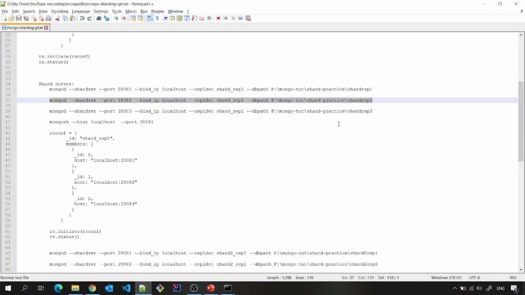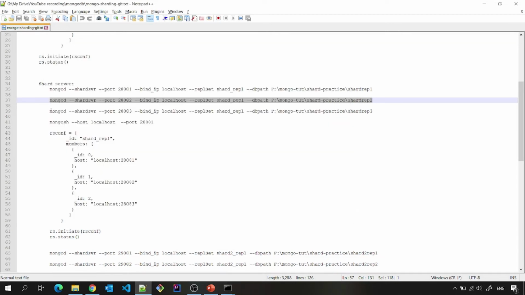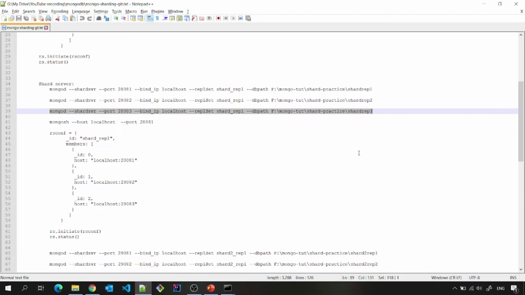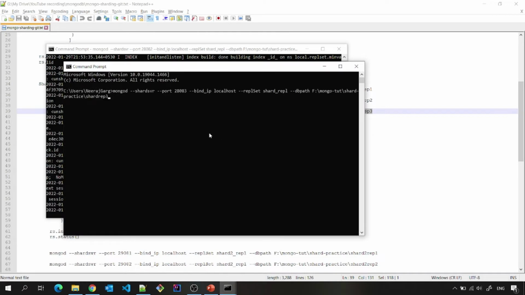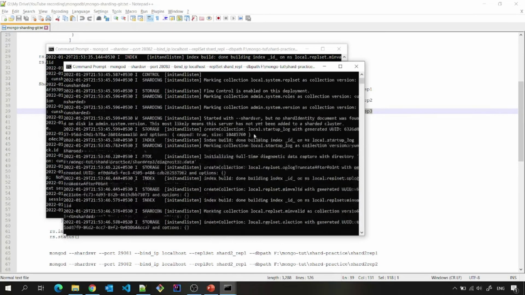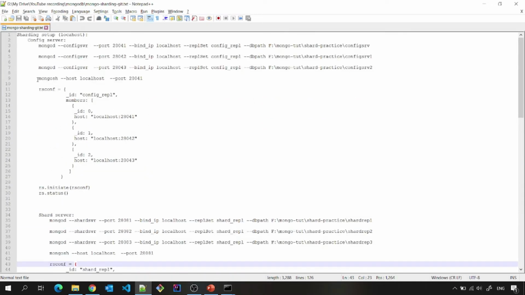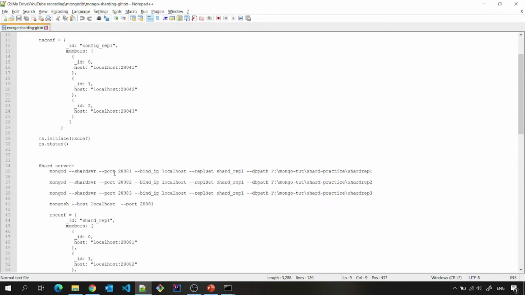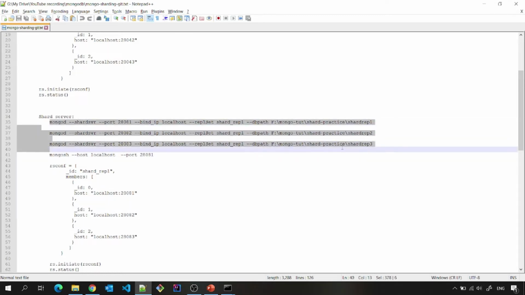Let me copy another command, open a new terminal and run the second command. Third instance of the first shard in a replica set. I will open another one, and this is how I can start the third instance. Now again, as we connected to any of these instances in the config server case, here also we are doing the same thing. We are connecting to any one of these shard replica set instances, and then